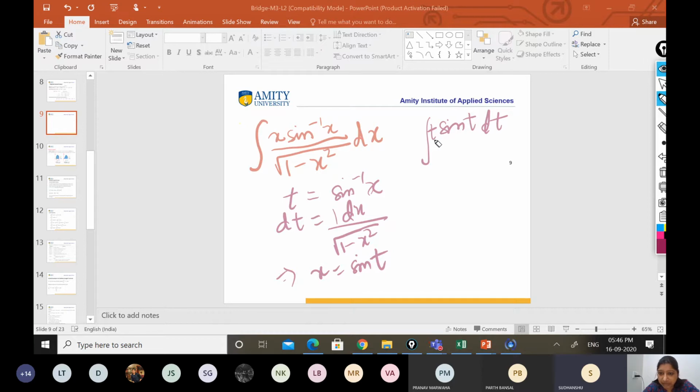Is it clear now? It is just the integral of t sin t dt, right? Yes, ma'am. t sin t may again follow the Eilert rule. When we follow the Eilert rule, t will be our first function. So here t is the first function and sin t is the second function. Then solve, and you will get the answer. Do I need to solve it completely? No, ma'am. Okay, good.